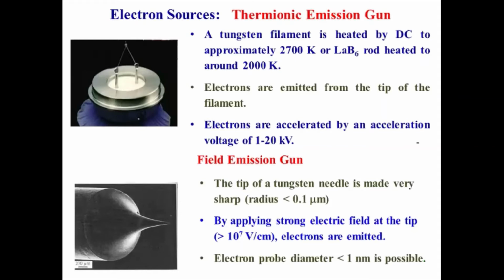In field emission, it is a purely quantum mechanical process. It refers to tunneling of electrons from a condensed state like a metal into vacuum when you apply a very intense electrostatic field of the order of 10 to the power 7 volt per centimeter. And upon application of such a very intense electric field, there is a tunneling of electrons from the emitter into vacuum.